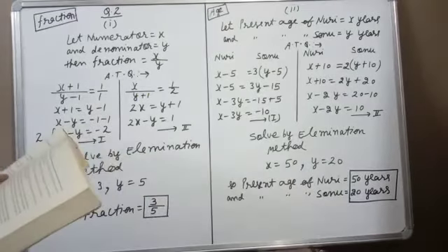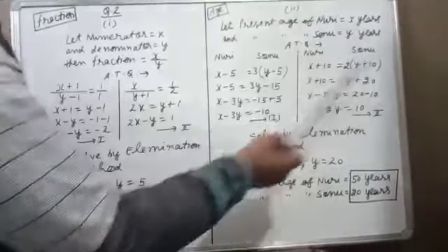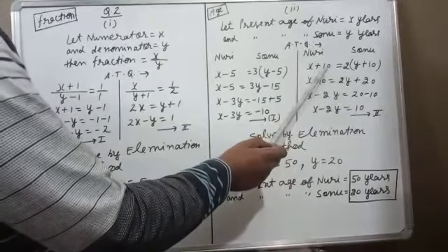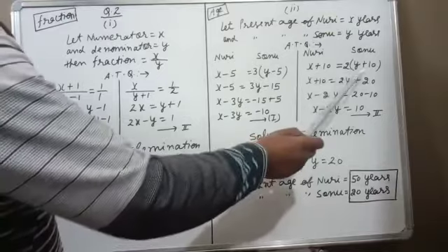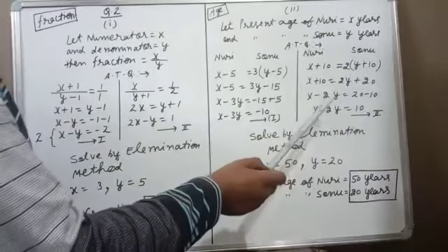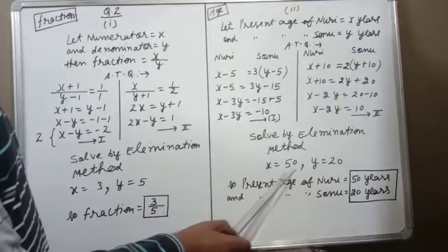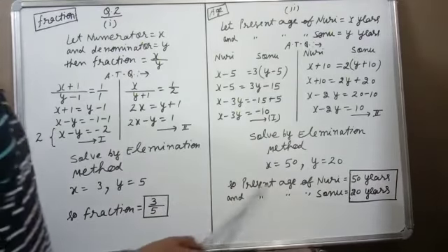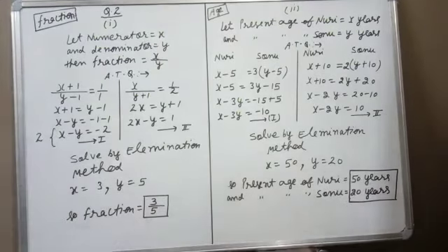Second condition, 10 year later, later means plus. So here Nouri age is x, 10 year later x plus 10. Age of Sonu y, 10 year later y plus 10. Now this age is double of this age, so we will multiply this by 2. Then 2y plus 20, again we will rearrange it. x and y should be on left, constant should be on right. This is the equation number second. We will solve these two equations by elimination method. Then we will get x 50 and y 20. So we will write answer in words always. So present age of Nouri, this is 50 years. Present age of Sonu, this is 20 years. So this is the answer of second part.